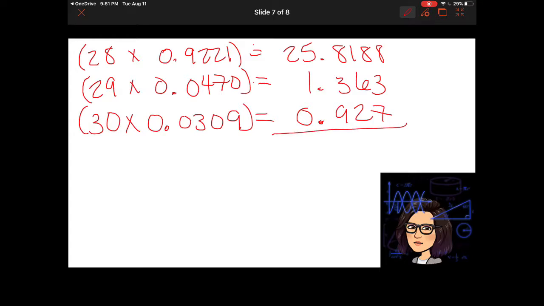Now I want you to pay attention here. The less abundant it was, the less it's going to be in what we're going to add up. So the 0.03 turned out to be a very, very small number. All right, remember that our formula is the sum, which means we're going to add all of these up to get